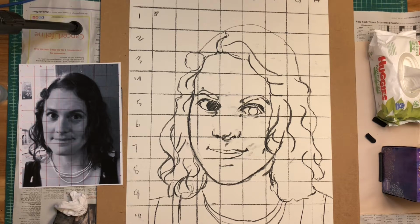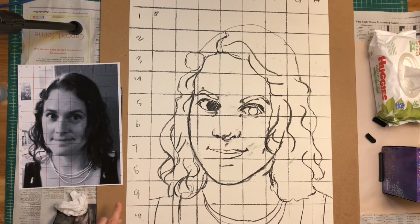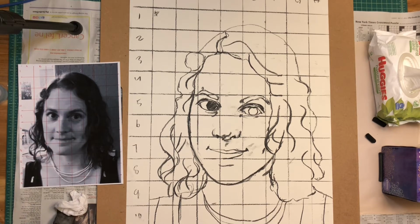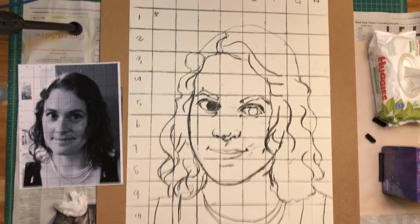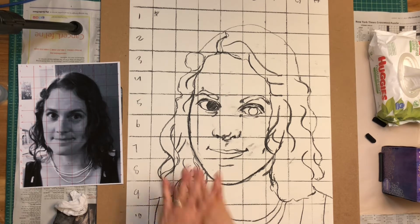So at this point we've got all the lines blocked in where you want them to be, and we're going to start doing the values. The values are the lights and the darks. You're going to want to look at your picture and figure out what's a dark, what's a medium dark, what's a medium light, and what's a light area of your drawing. We're going to try to get those general values in. We're not going to worry about the details so much right now. We just want to get a sense of what's dark, what's light, and we want to cover the whole paper